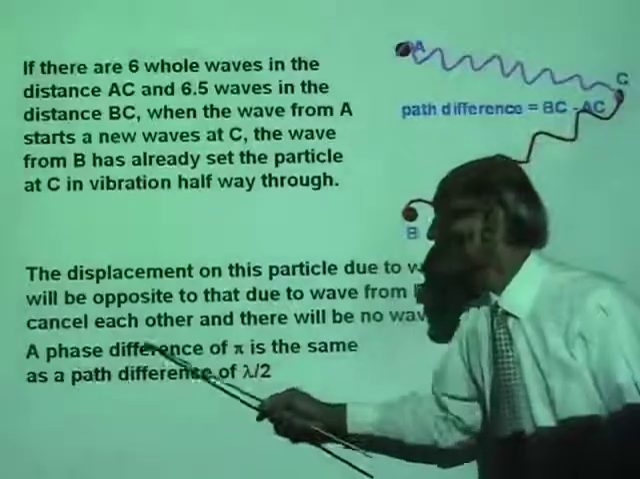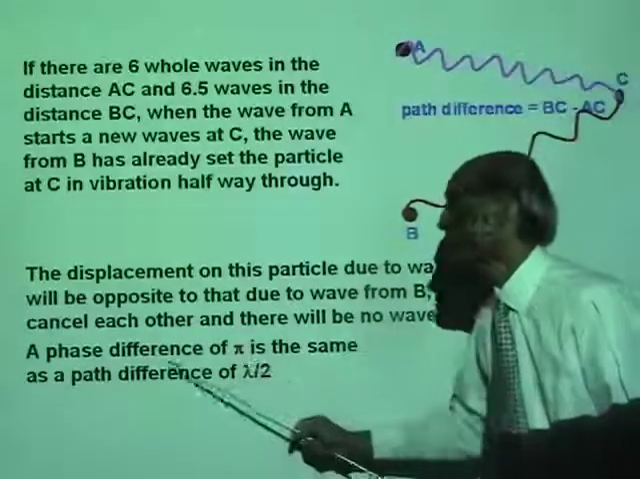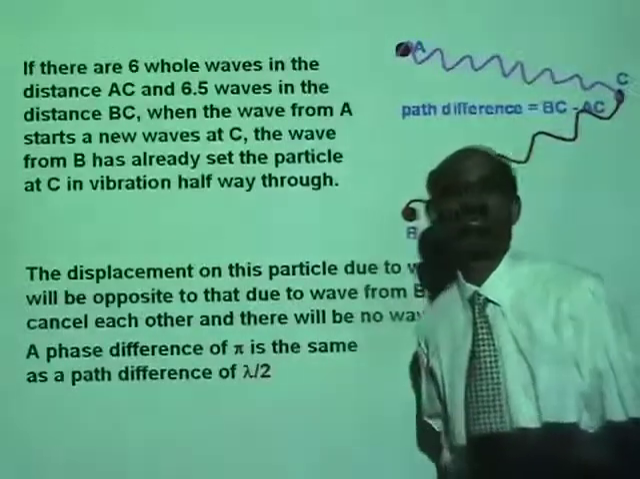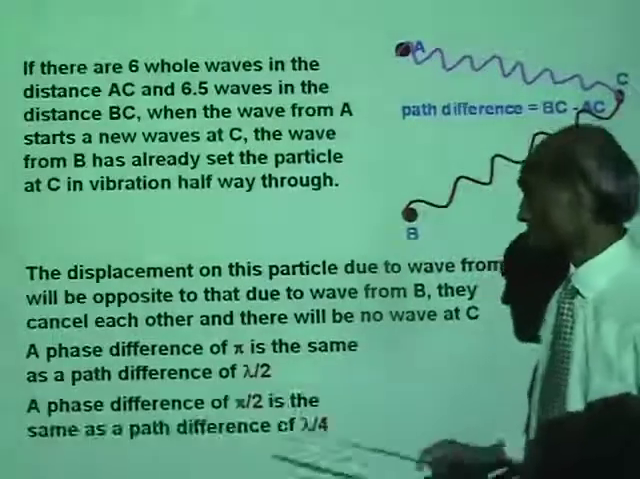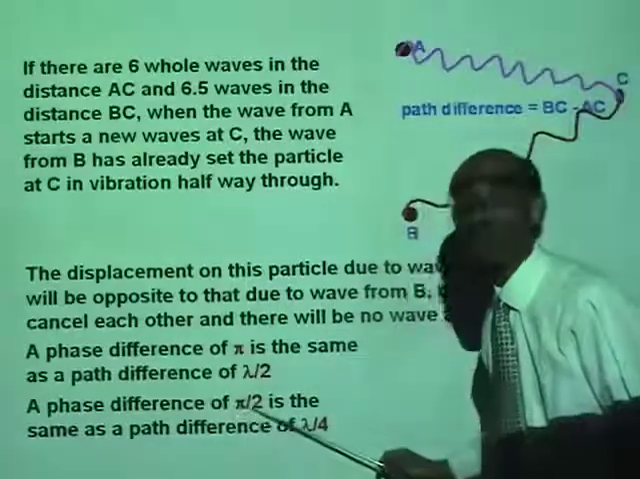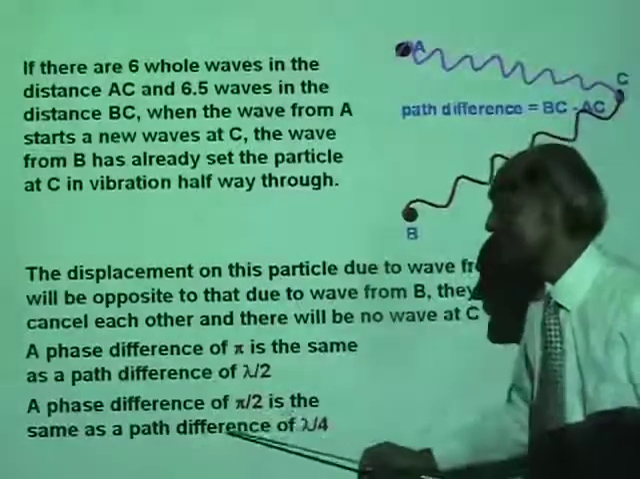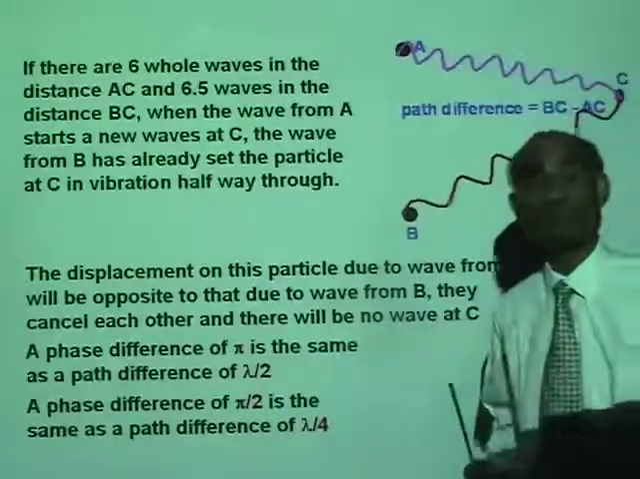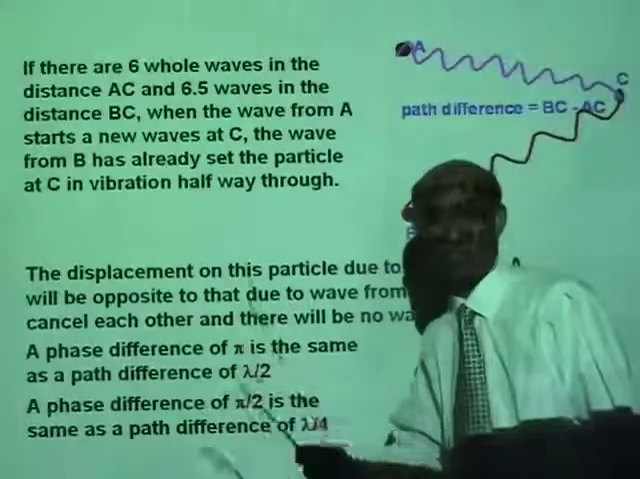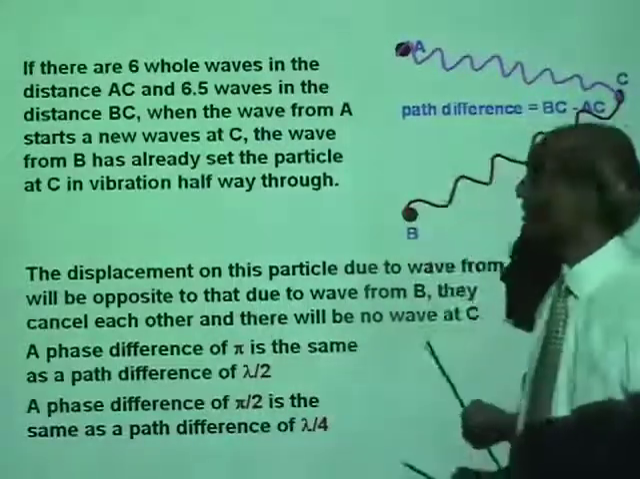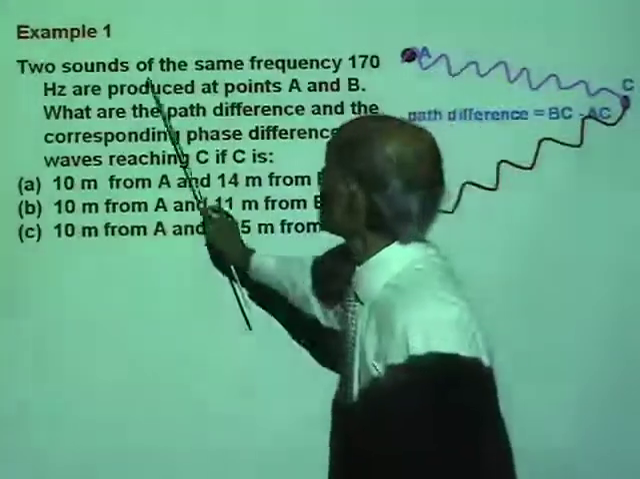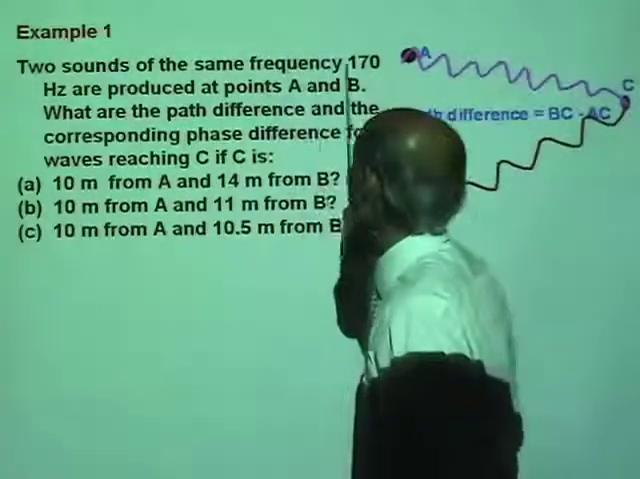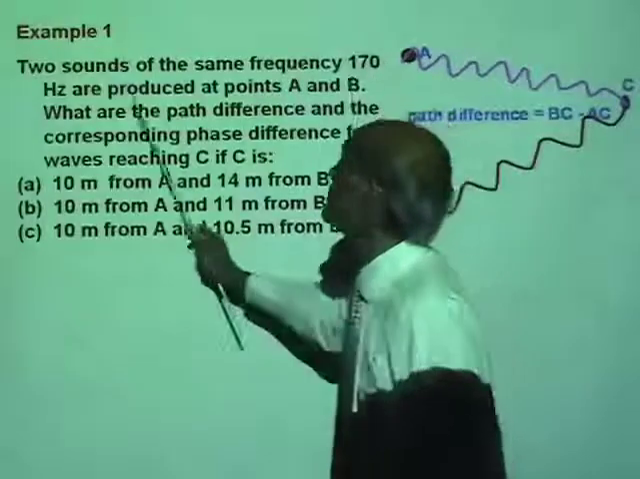That means a phase difference of pi is the same as a path difference of lambda by 2. A phase difference of pi by 2 is the same as a path difference of lambda by 4. I wrote this down for you earlier on. Let's do an example. 2 sounds of the same frequency, 170 Hertz,